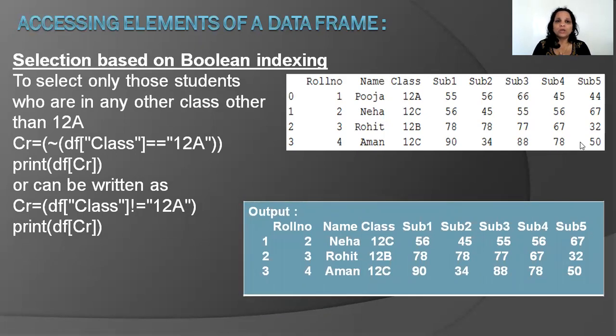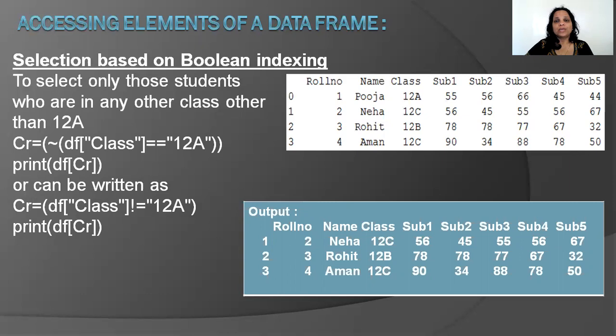Okay, so I hope you have understood how to access elements of a data frame. Now, what you need to remember here is wherever we wrote df square bracket class, it can be replaced by df dot class. You saw how the dot operator and the square symbol work, right? So you could have written even here, df dot class not equal to 12A. Only remember, when can I not use a dot operator? If your column name consists of more than one word, then you can't use the dot operator. You will have to use the square brackets.